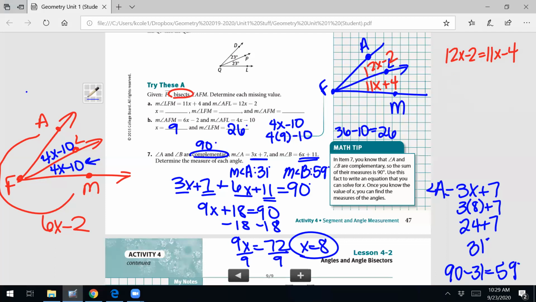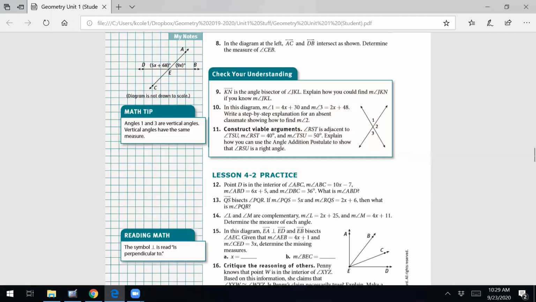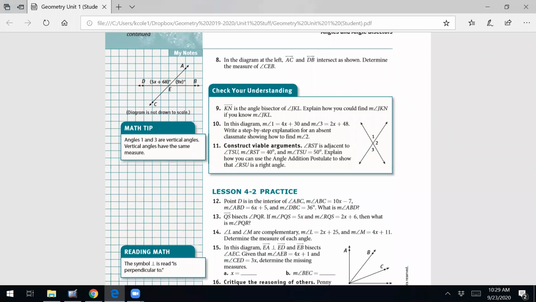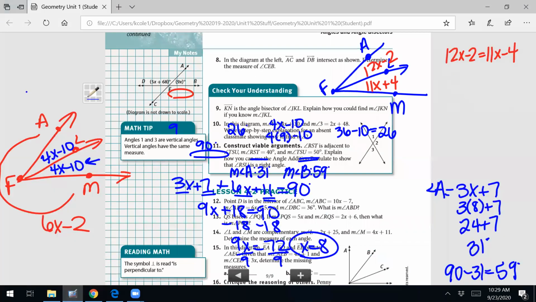Okay. All right, let's see what's on the next page. I think we're almost done. Yeah, this is just to check your understanding. Let's do number 8 for sure, and then we can look at that, and then y'all are ready for your